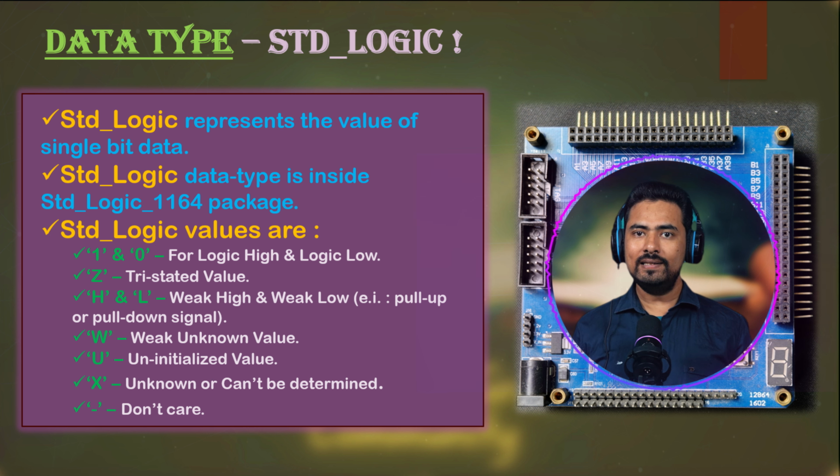Some of the other states are used to indicate undefined signals or uninitialized signals only in the simulation state. We will go deeper into the FPGA implementation details in the later part of this course. But remember that code that can be synthesized must always use logical 0, logical 1, or tri-state. All the other states mentioned in std_logic can only be used for the simulation process.